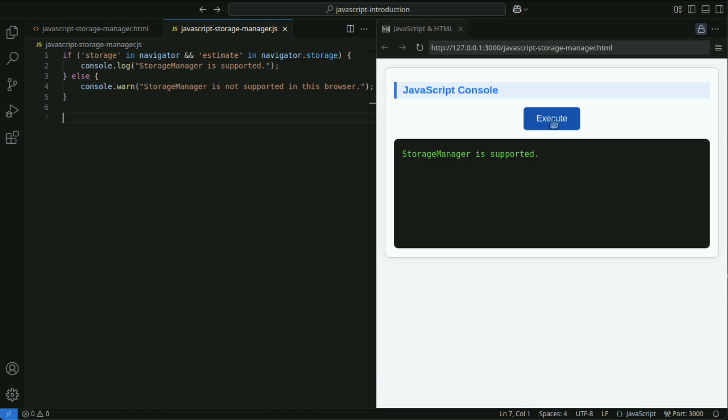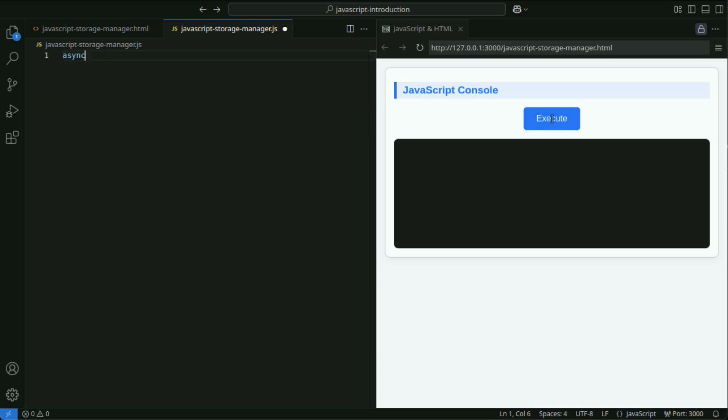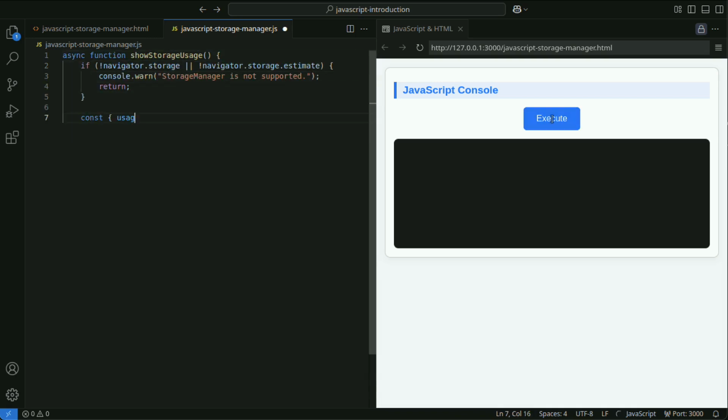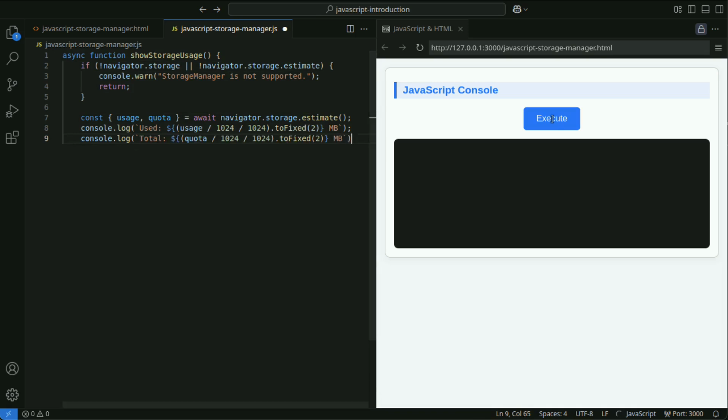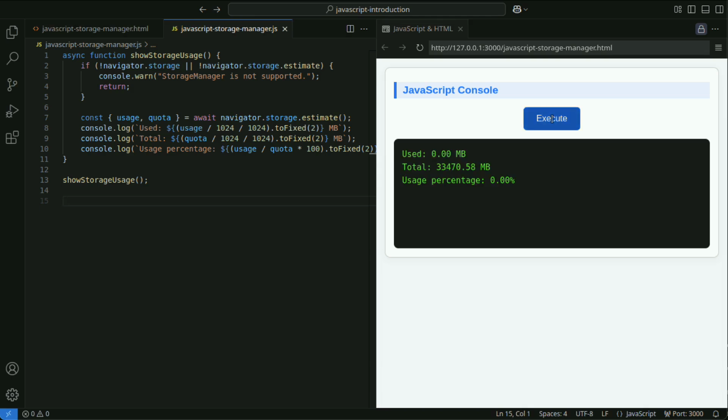By using navigator.storage.estimate, you can get the storage your app is using as well as the total storage quota. Usage represents the current usage in bytes, and quota is the maximum available capacity. You can monitor the storage usage to notify the user if your app is approaching the storage limit, among other uses.